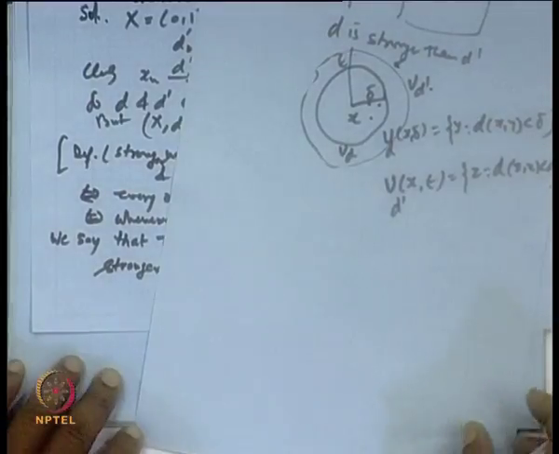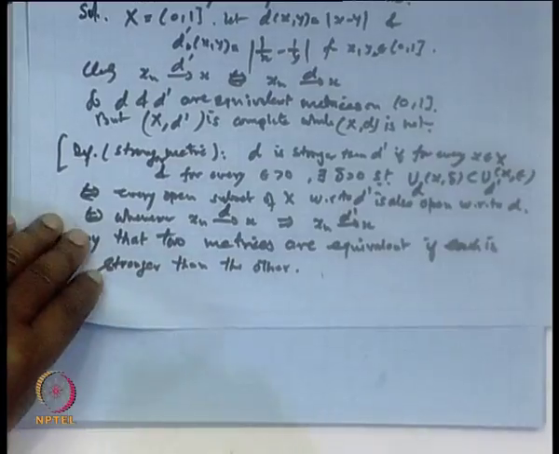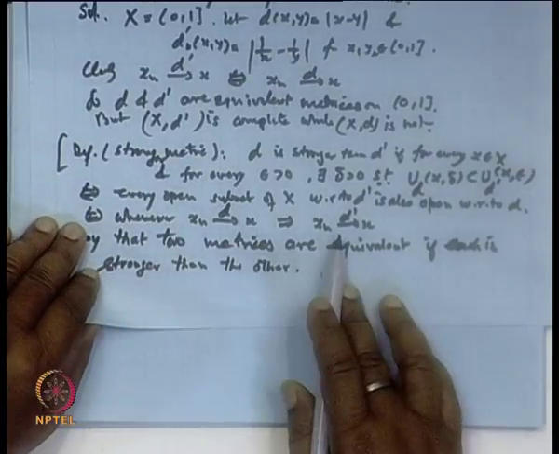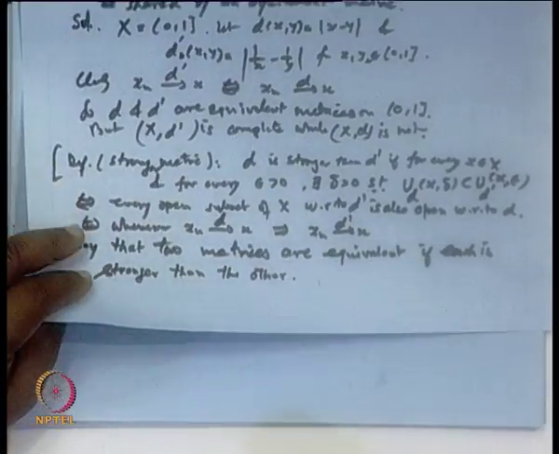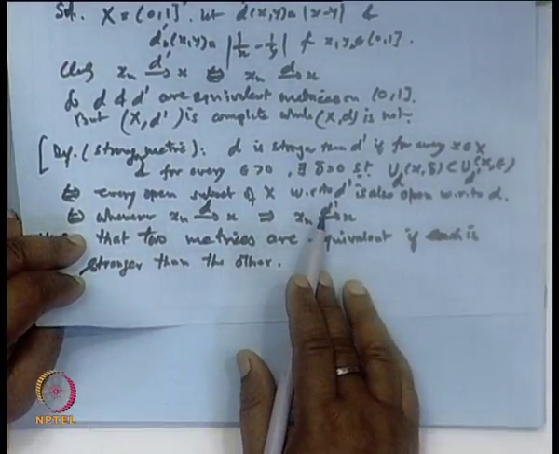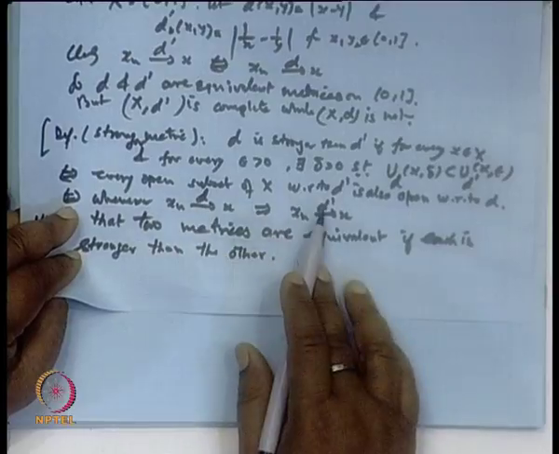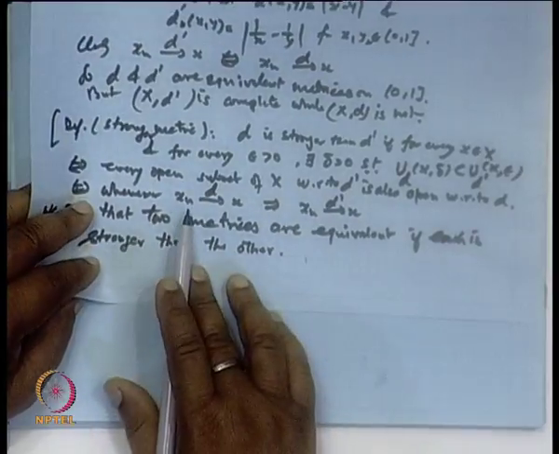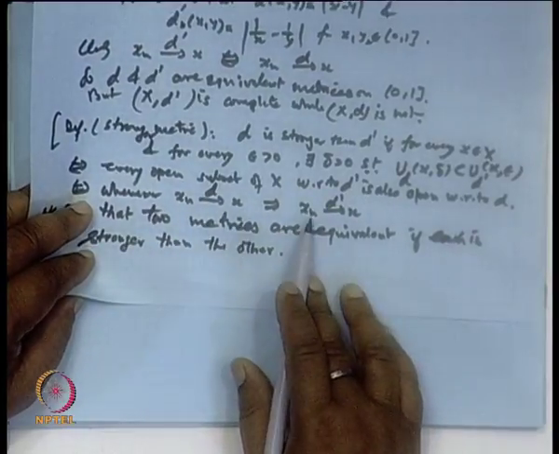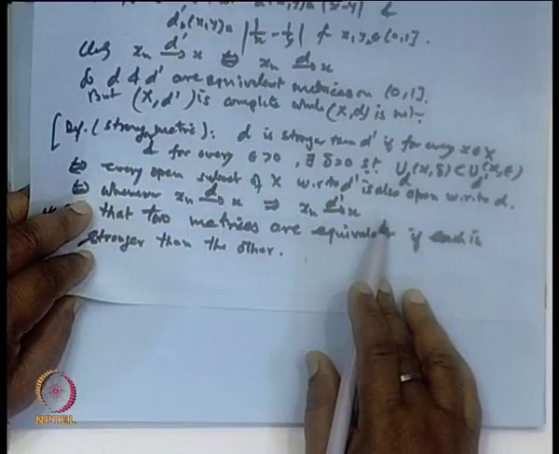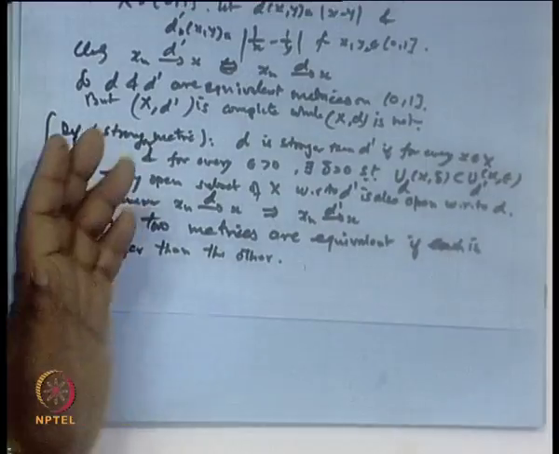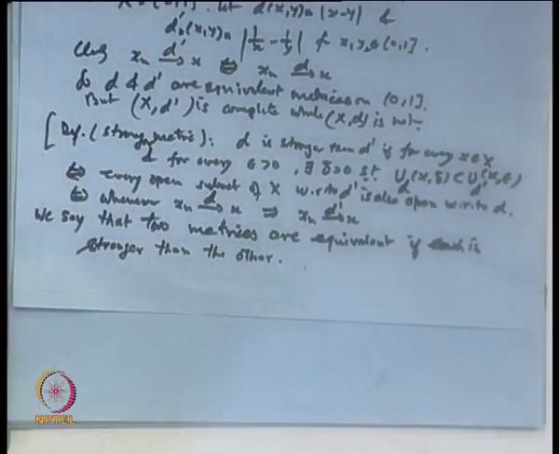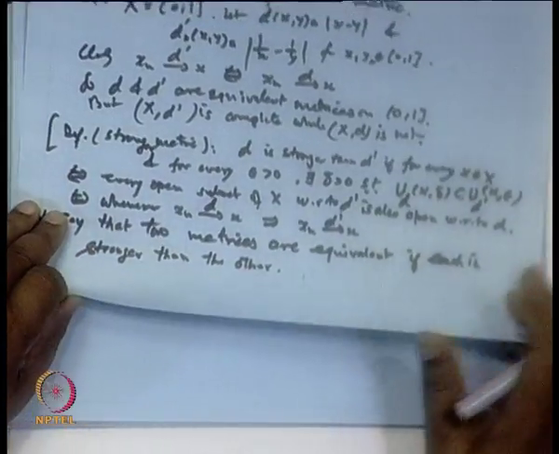So, we can say in case of the stronger convergence, if x_n converges to x, then x_n has to converge in D dash. So, in a rough sense you can say, the two metrics are given, then D is said to be stronger than D dash if a sequence x_n converging in D must imply x_n converges in D dash, and a strong convergence implies the weak. If a sequence converges in the strong metric, it has to converge in the weak metric. Okay.